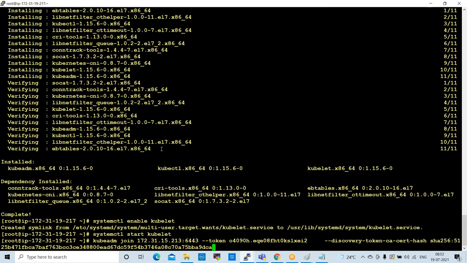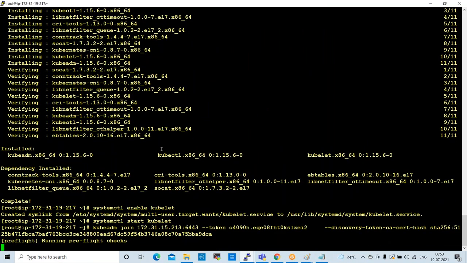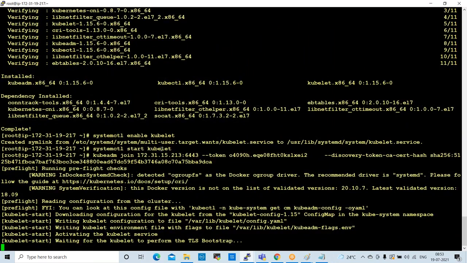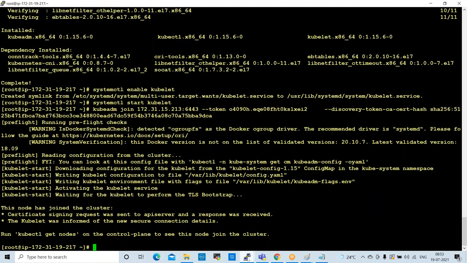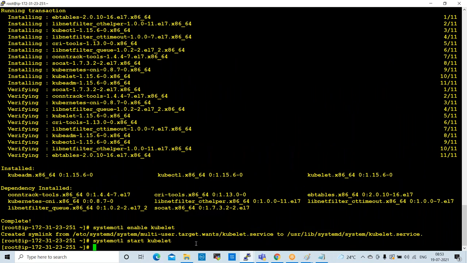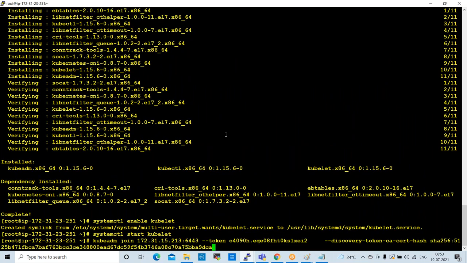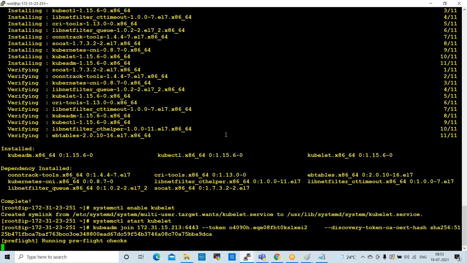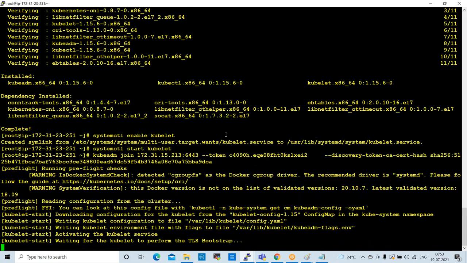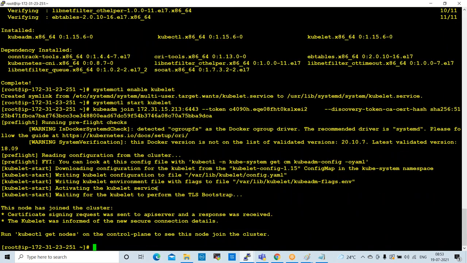Execute this on node 1. And node 2 also can execute this. Right? So cluster is ready. Cluster is built here.